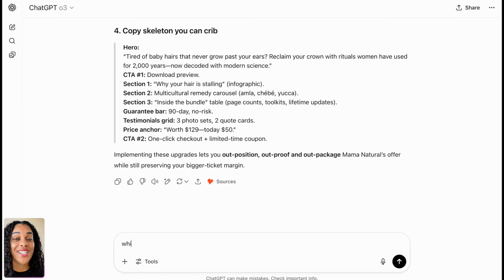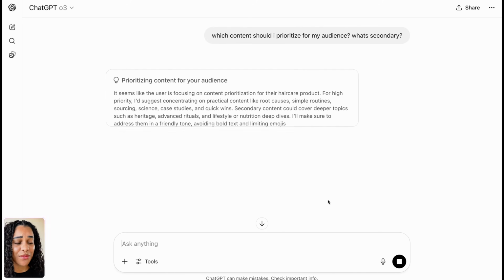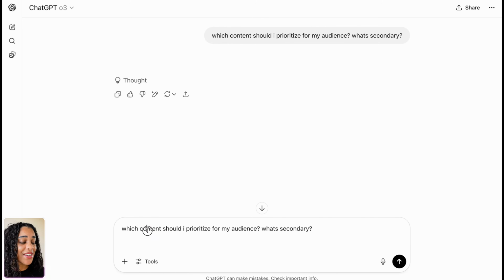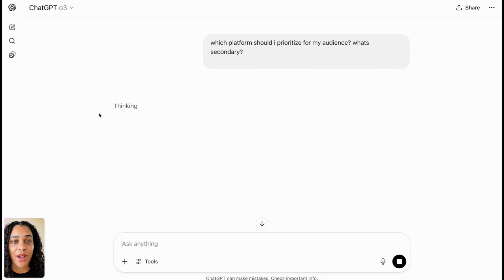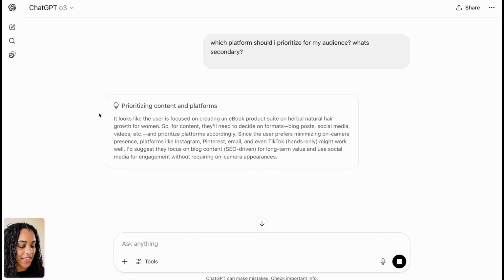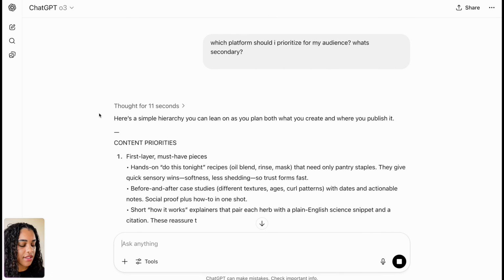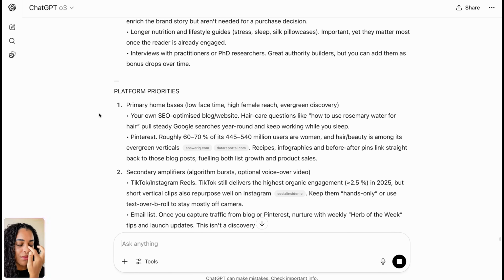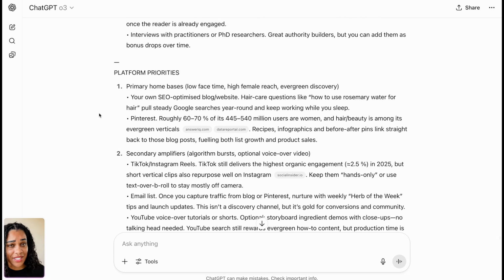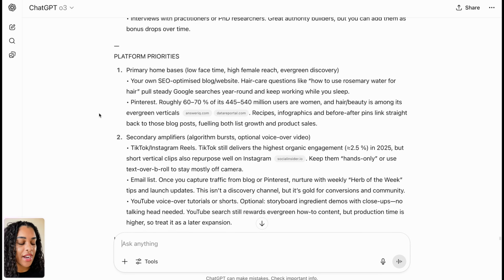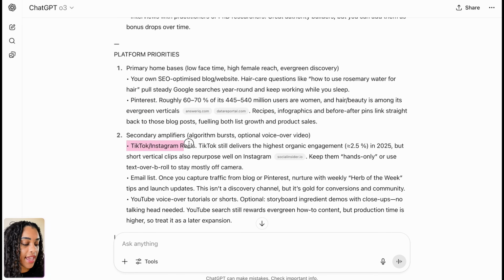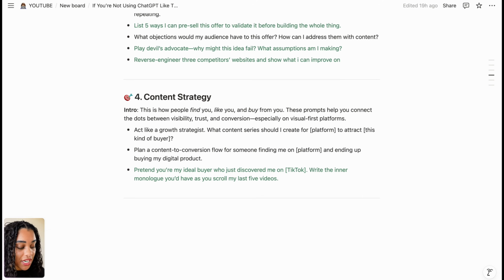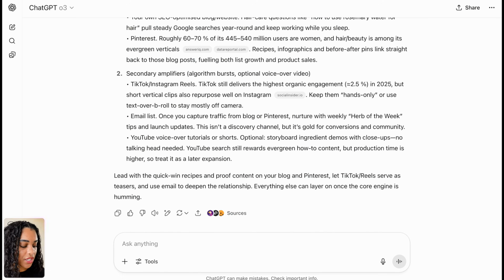When it comes to creating content that is going to attract your ideal audience, we can use ChatGPT to help us with that. So our prompt right here is for people who are like, I don't know what platform to be on. Which one's the best? Well, that's going to depend on your audience, of course. So I said, hey, what platform should I prioritize for my audience? And what should be a secondary platform? Because you should be on at least 2 platforms. Prioritize one, like I do with YouTube, and then have another one that you do as well, maybe Instagram or TikTok. For my niche, which is hair care, it told me I should prioritize a blog and a website, and then secondary, I should prioritize either TikTok or Instagram Reels.